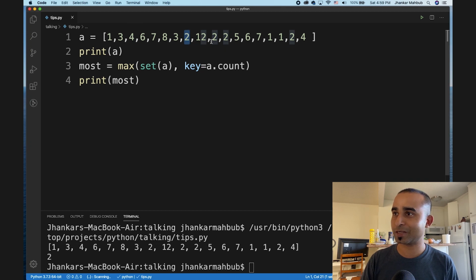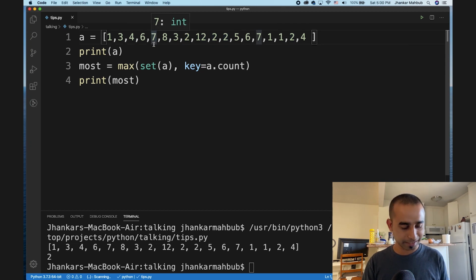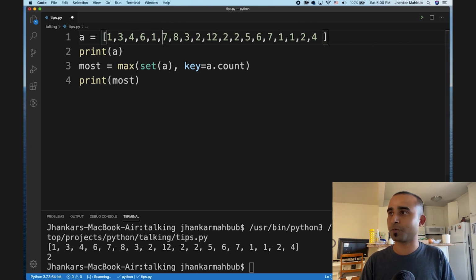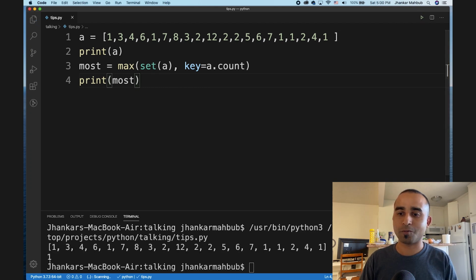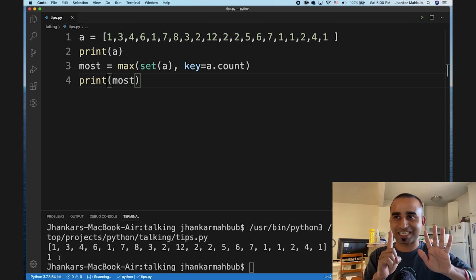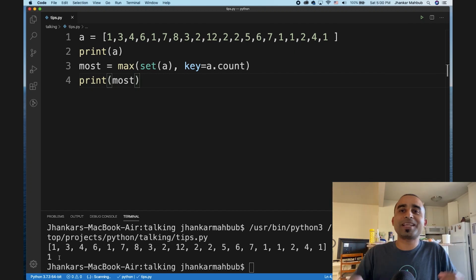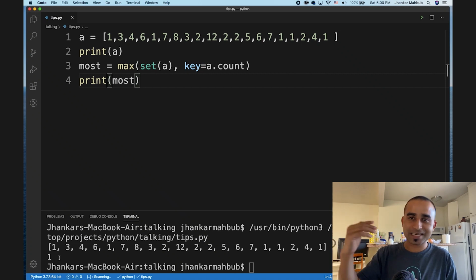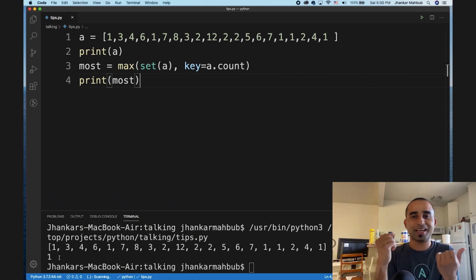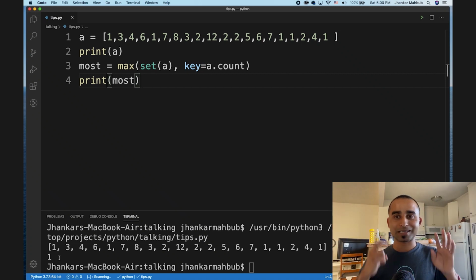If you look into it, 2 is repeated 4 times, like here, here, here, here, and 1 is repeated maybe 3 times. Maybe we inject a few more ones, and let's see if our code works, and then maybe 1 at the end or anywhere else, it will work. So we run it. Now you get 1 as an output because this is repeated most. So it's clever point number 6. To get the most repeated element in a list, use the set and use the key as the count, and then get the max.